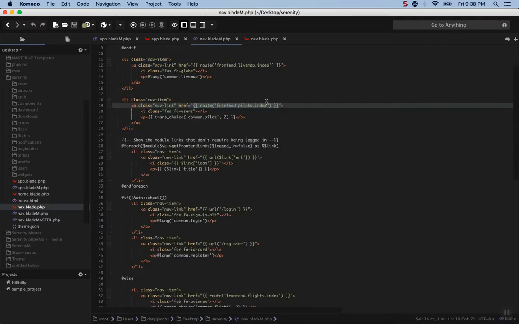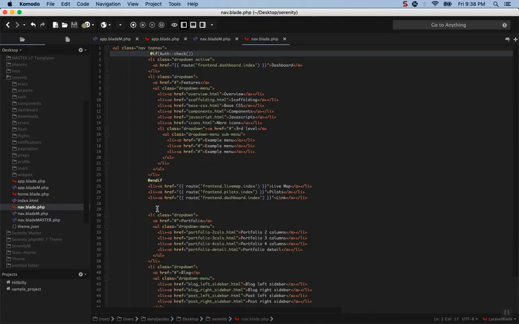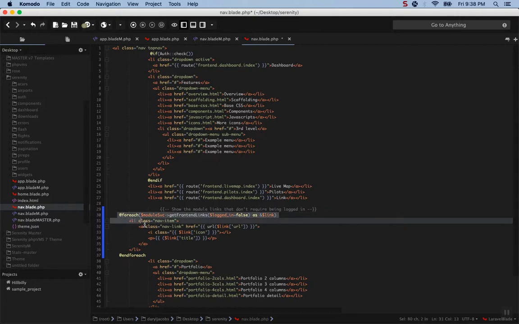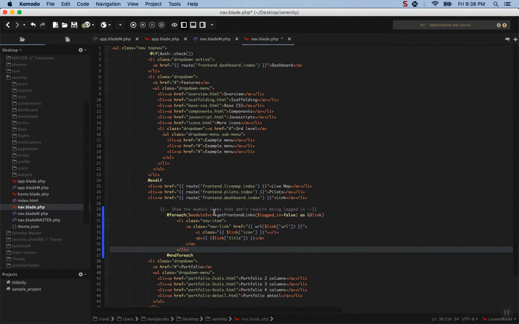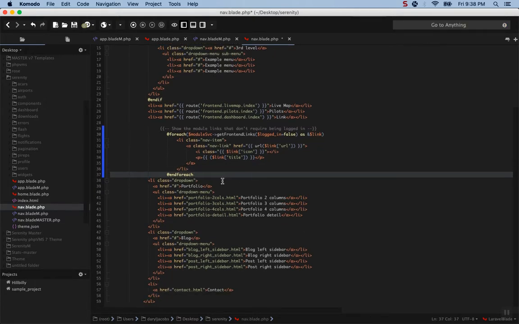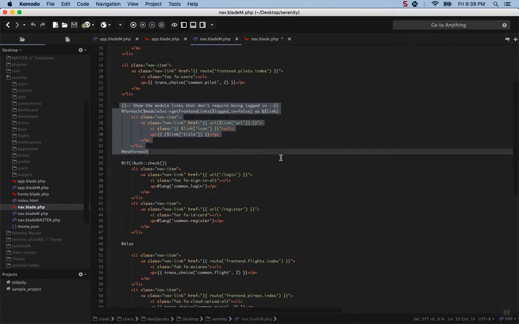So let's continue with the nav.blade. So now what we put in is going to be the code to, let me read it here. Let me read the comment that he put in here. So show the module links that don't require being logged in. So these would be links that a user will see when they first go to the website. Let's put that in. We're probably going to want to put some more of our